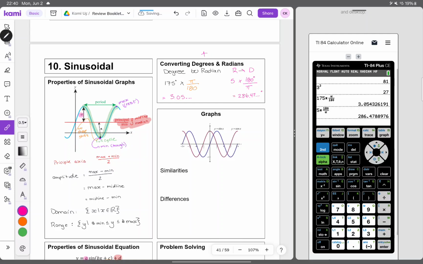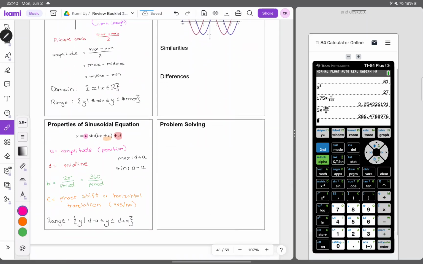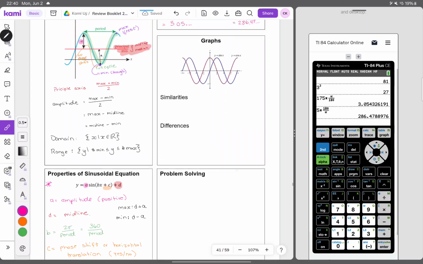This you need to memorize and brain dump on your formula sheet. These things you need to memorize and brain dump on your formula sheet. Okay,